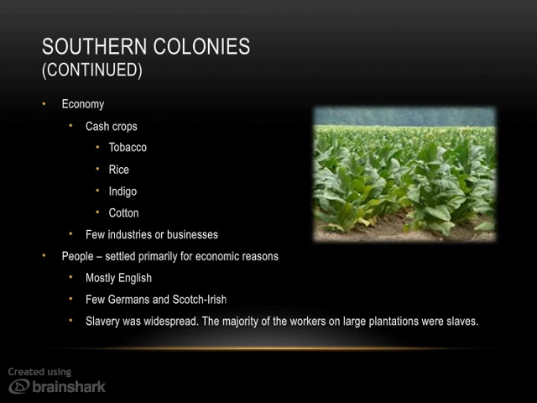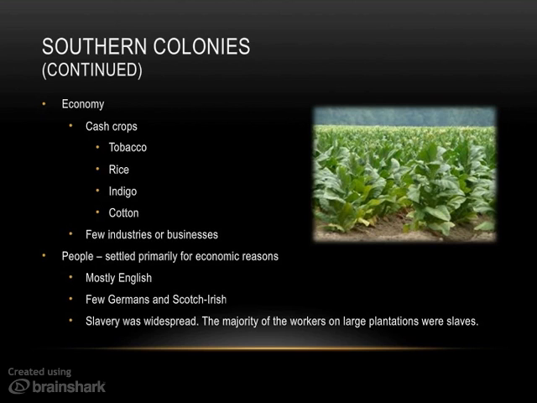Crops were often grown on large self-contained farms known as plantations. Many plantations were so large that they had their own banks, blacksmiths, and businesses. Because of the large size of these plantations, many owners resorted to slave labor to work the fields. This plantation system resulted in thousands of slaves being forced to work against their will, and very few businesses or